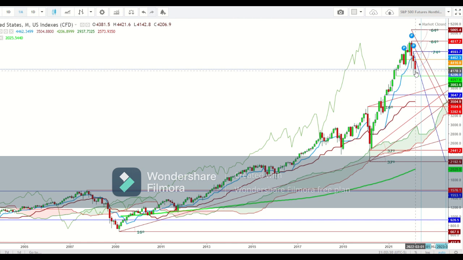And here you can see that till Friday we have seen this fall continue, and the S&P 500 futures continued to remain below 4404 during the month of March and finally closed the last week at 4206 after testing a low at 4142. So these three consecutive candles look evident enough for a steep fall to continue. Here you can see how the S&P 500 futures are trading well below the 9 days moving average in a monthly time frame, which looks evident enough for the continuation of a bearish rally in S&P 500 futures